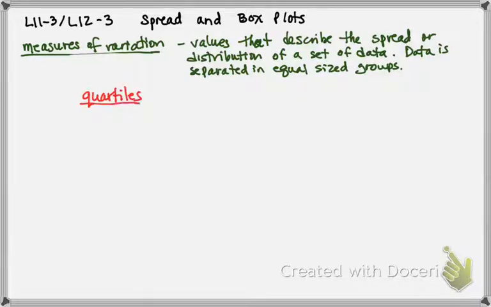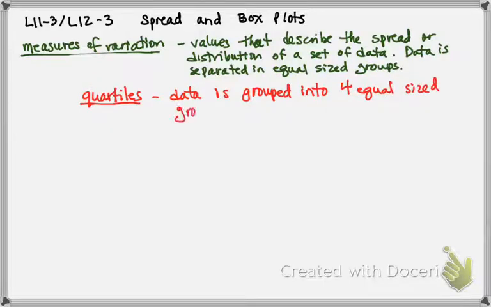So this is talking about the groups, and that is data is grouped into 4 equal-sized groups. Now, the second one, so quartiles deals with that distribution of data. The other one that deals with spread, so this is about spreading, but here's the real one about spreading, is range. Now, you guys have done range, and range is simply